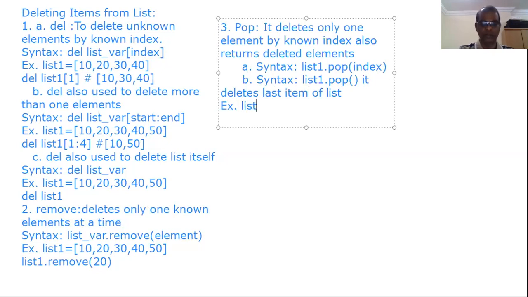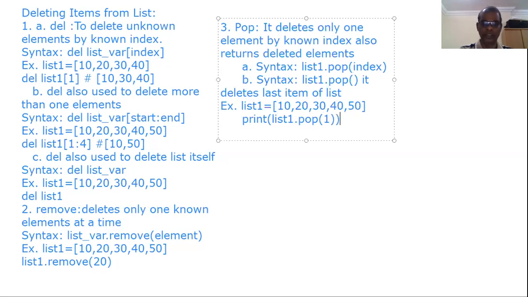Consider we are having one list that's equal to 10, 20, 30, 40, 50. Here I print list1.pop(1). It returns 20, and then 20 will be removed from list1. Now list1 contains 30, 40, 50.